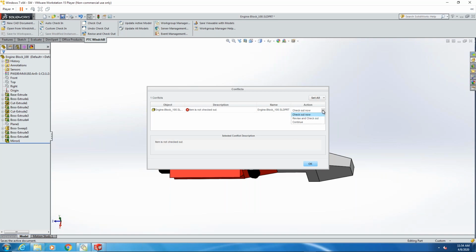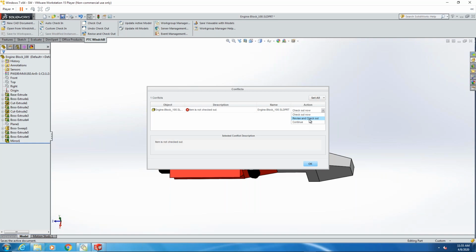So I can check it out. Or if I plan on, now this is I think 8.1 for this particular file, and I don't want to go in and get rid of that. I don't want to create an 8.2. I actually want to revise it. So it now becomes a different version or revision of this particular file. So I can go ahead and revise it, and it now takes it from A.1 now to B.1. So now I'll have two different revisions of this file, one being the A revision, one being the B revision